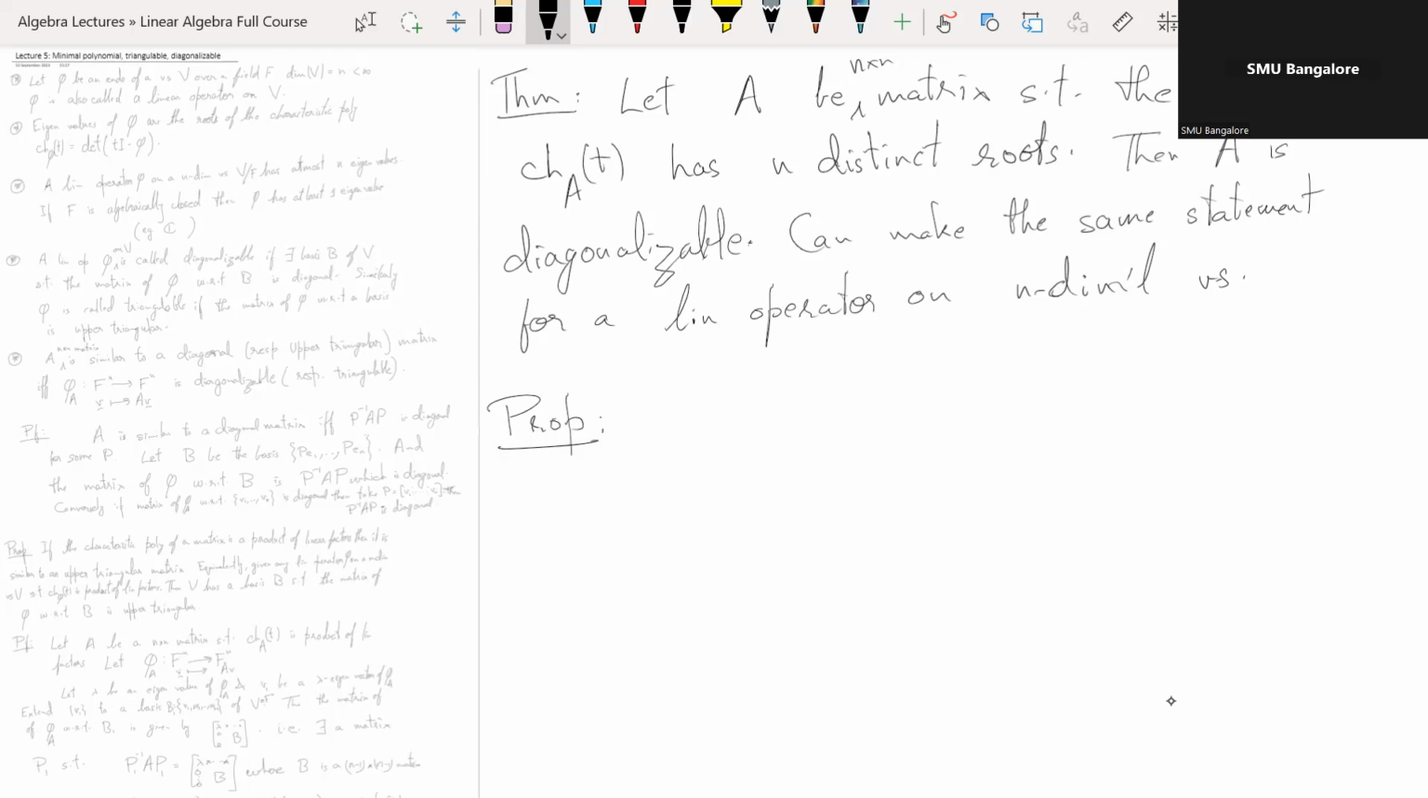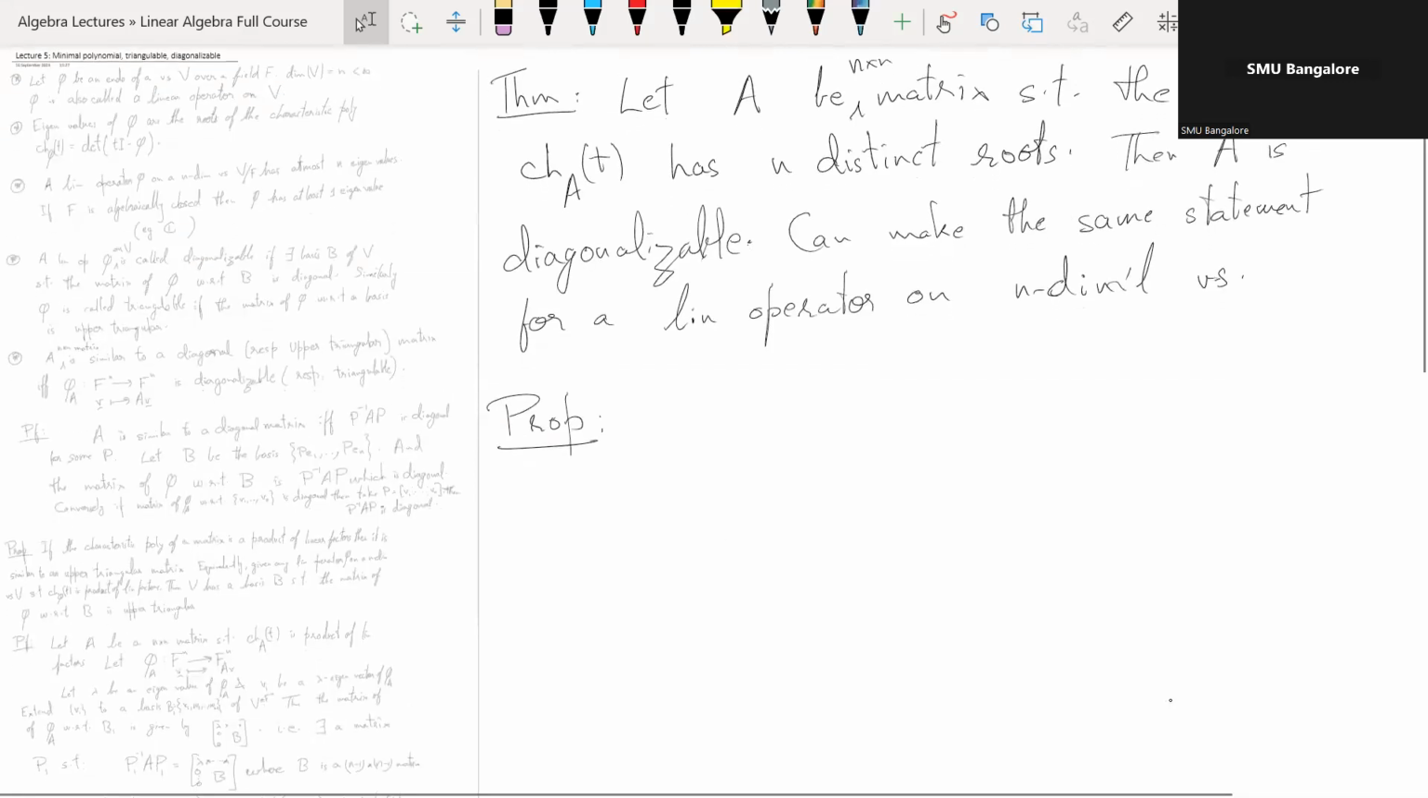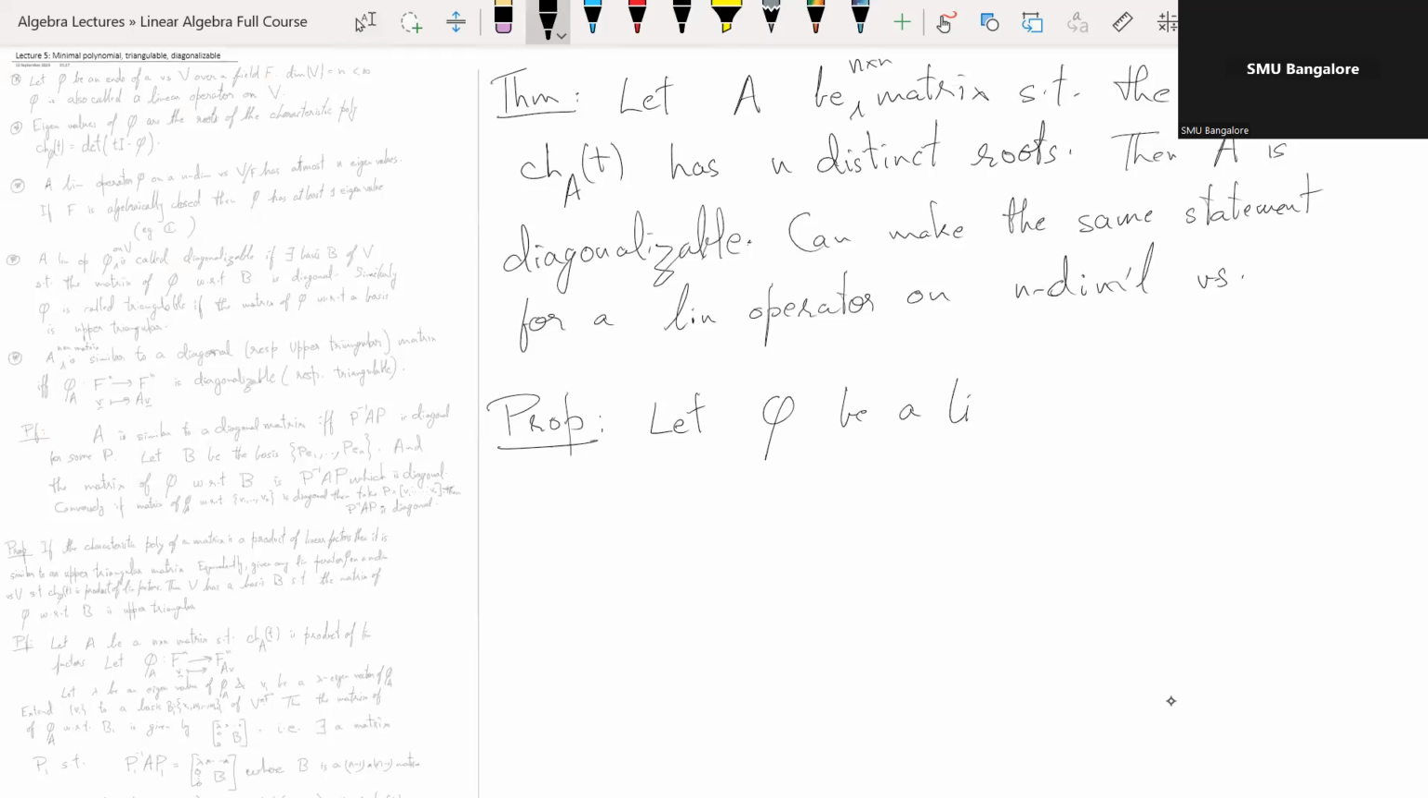the eigenvectors of A form a basis of Fn. So maybe for this second statement, instead of matrix, I'll state it in terms of linear map. Even the first one I could have stated in terms of linear map, but let's mix so that we get used to both of them. So let